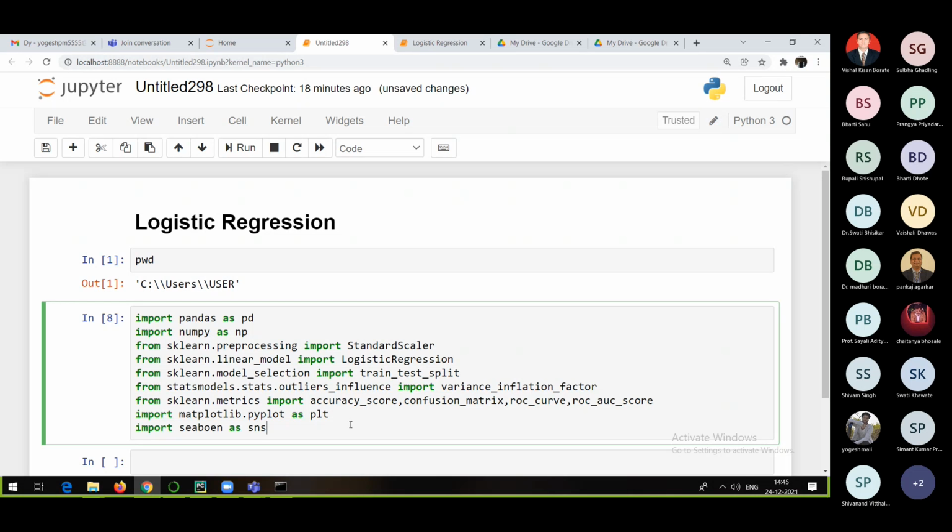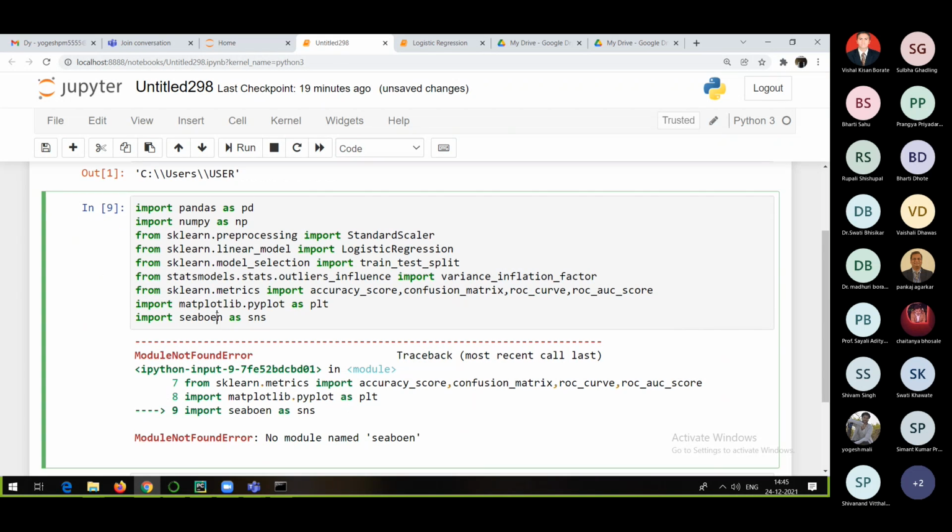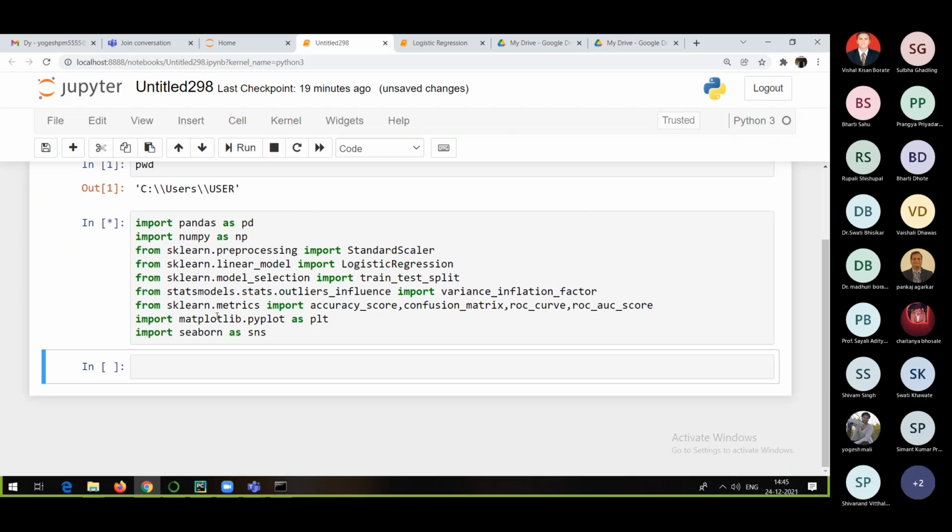And then finally run it. Seaborn, spelling should be correct. Now it will run. So yes, it has run fine. Whatever necessary imports we will require in this particular hands-on, everything is imported.